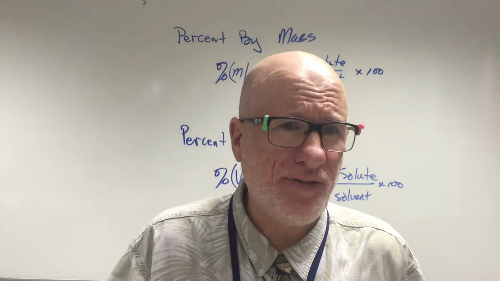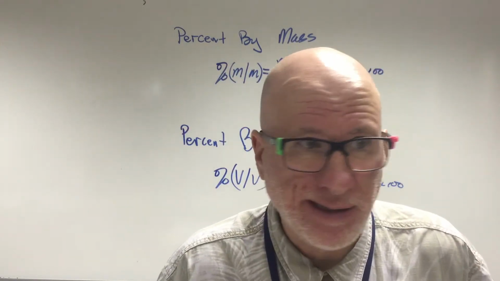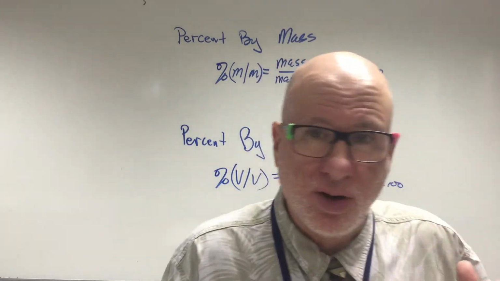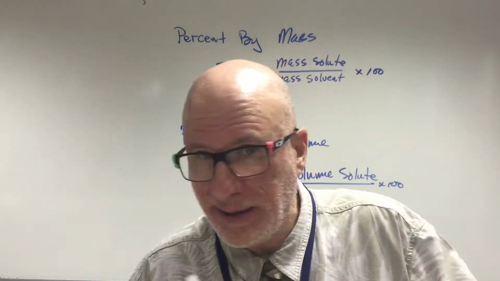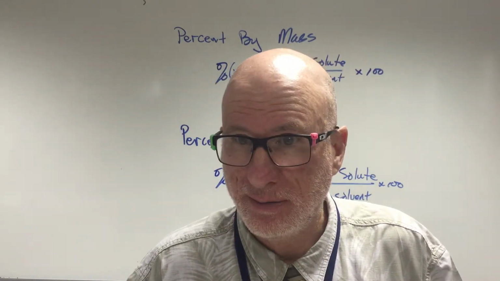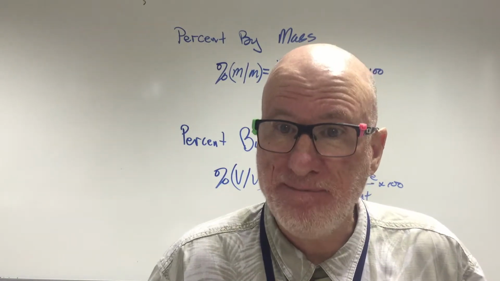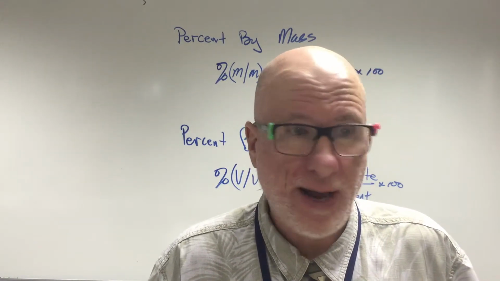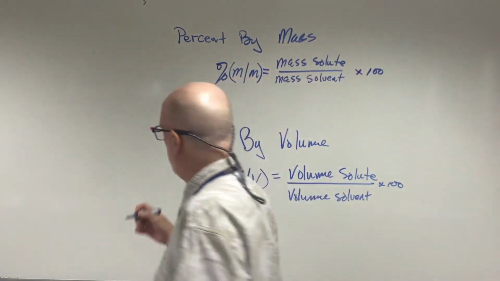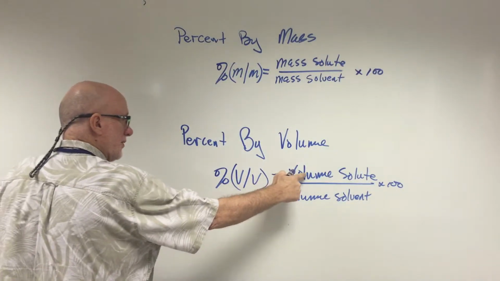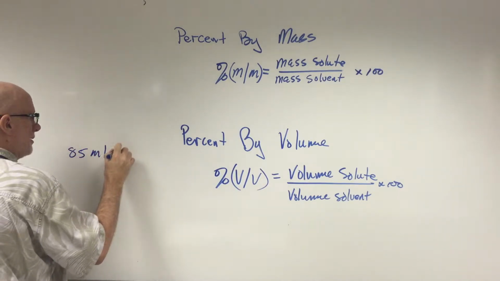It doesn't say 85 milliliters of ethanol that is only 95% pure. It gives you the understanding that it's 85 milliliters of pure ethanol. Is that correct? Yes. Okay, so it's going to be the volume of the solute, 85 milliliters of ethanol,